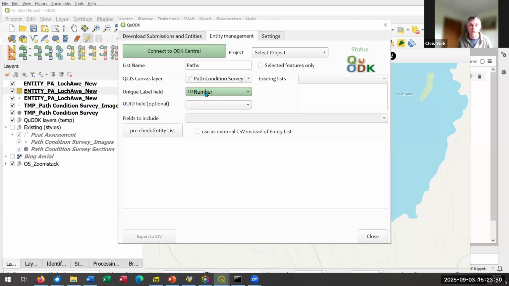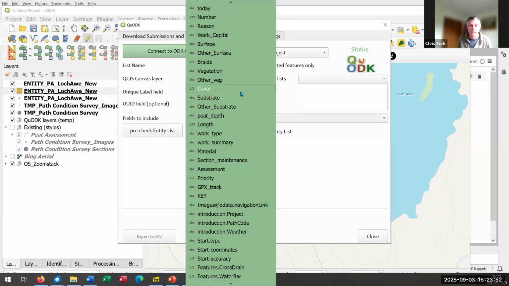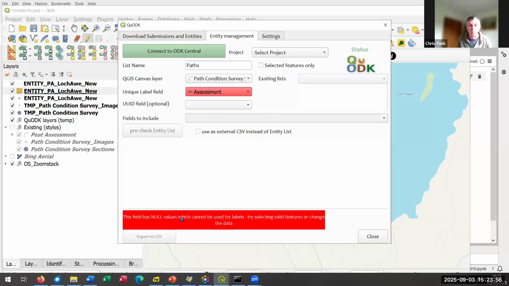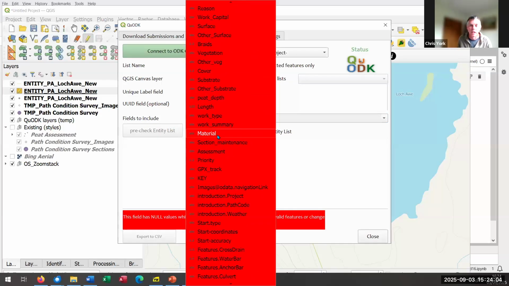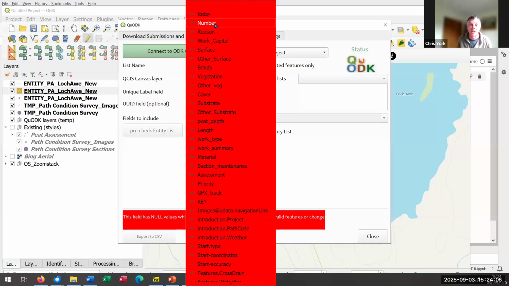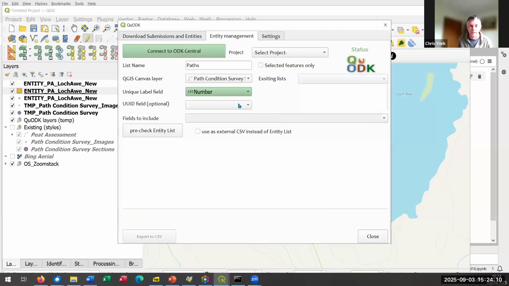And if it's happy with that, it goes green. If you have something that won't work as a label, then it will tell you you can't. Or if you've got things that are duplicates, it'll tell you it's a duplicate, but it will still allow you to do it. If you've got a UUID field, you can use that,